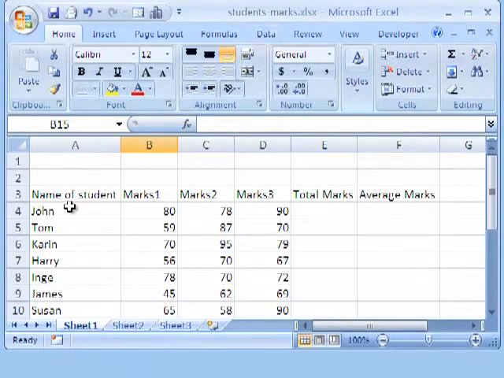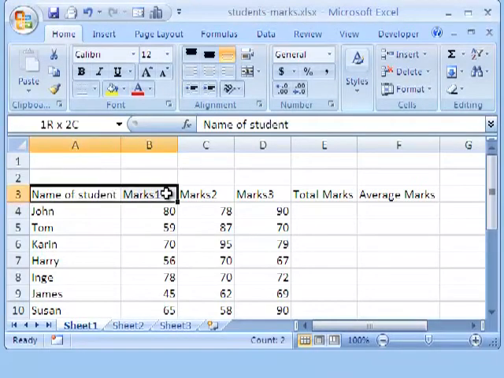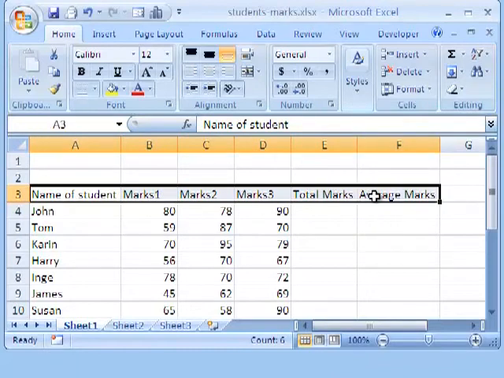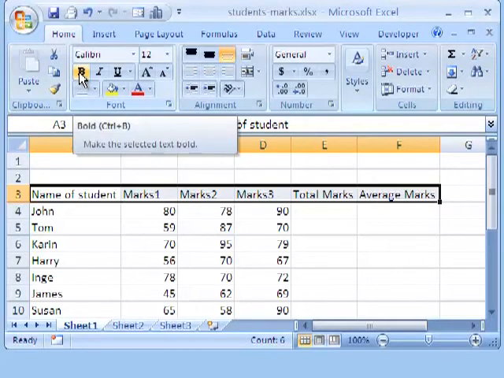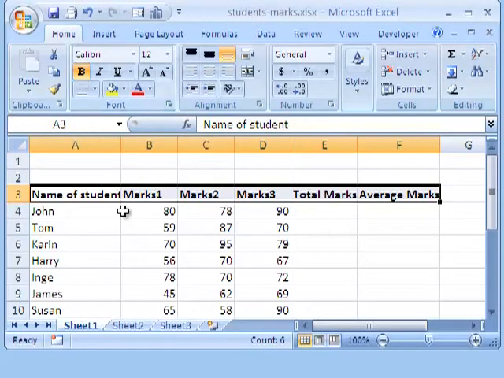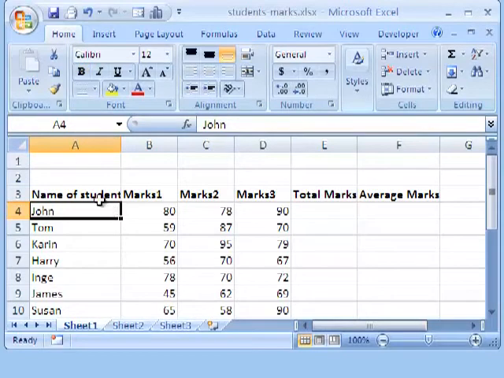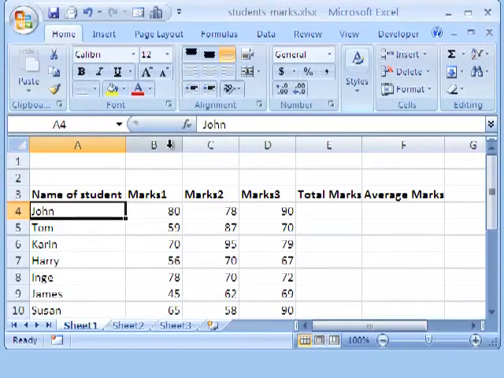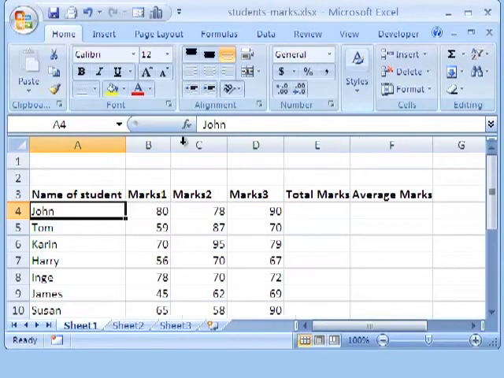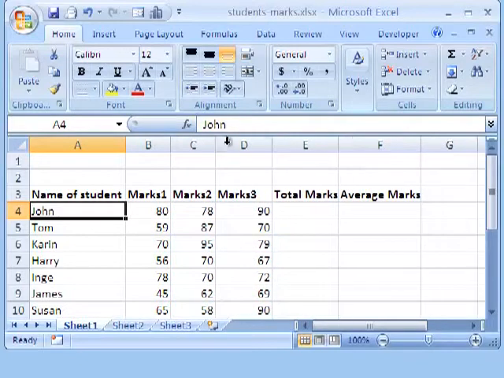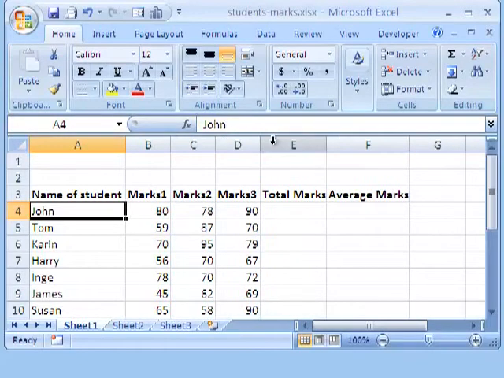We can now select this and with the home tab of the ribbon clicked can go here and make this bold. So the data has now become bold and some of the things are being hidden. So we can go here, click and drag this little bit, or we can double click here to auto fit. Okay,